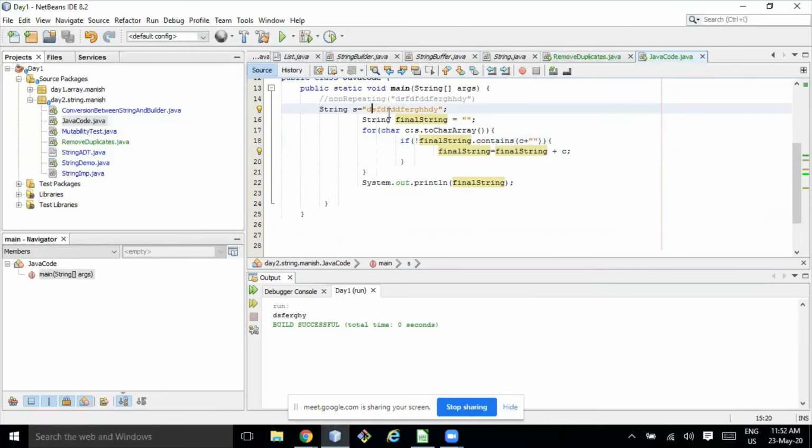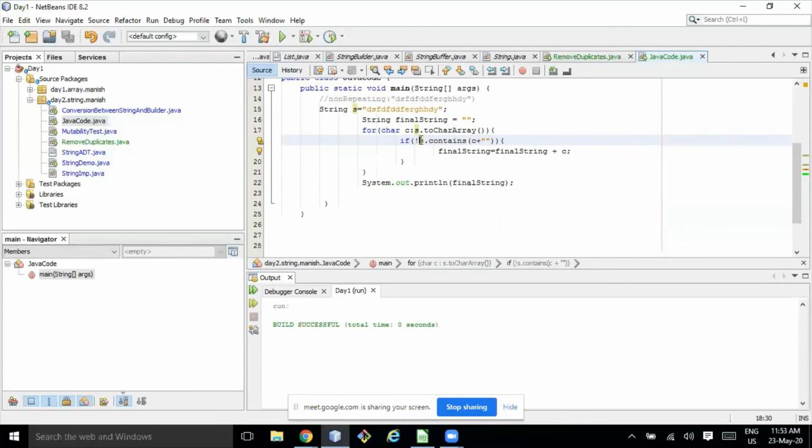But what if I want to implement only this way? So if it already contains, instead of final string dot contains, it should be s dot contains C. That will always be true, so it will be null always.